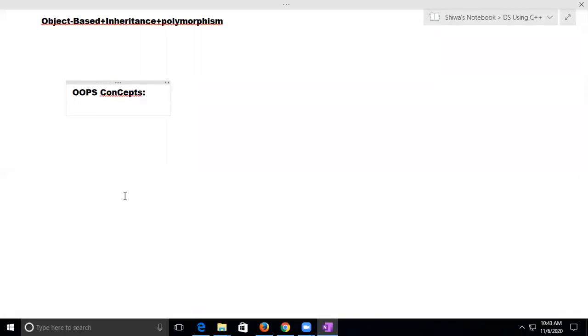In the second semester you already learned it. Once again I will explain because these are useful. Without knowing C++, you cannot learn data structures. So that's why once again I will explain these OOPS concepts, and how we can define the class and create the object. These parts I will explain later. I will start our syllabus. Tomorrow, in tomorrow's session, I will explain OOPS concepts.